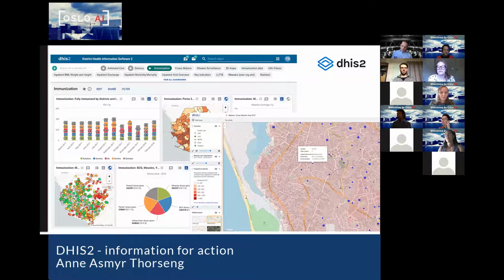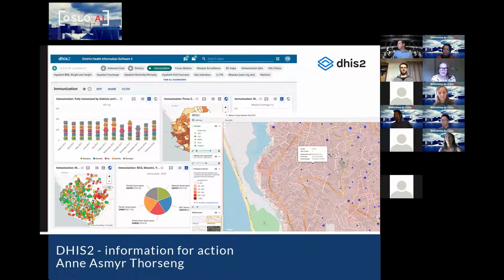It's also worth saying that the software supports collecting aggregate data, which is counting the number of children, for example, that get a vaccine, or you can track them individually, which requires a lot more implementation-wise. You need a lot more devices and training, the costs are higher, and the complexity of the project rises exponentially, basically.